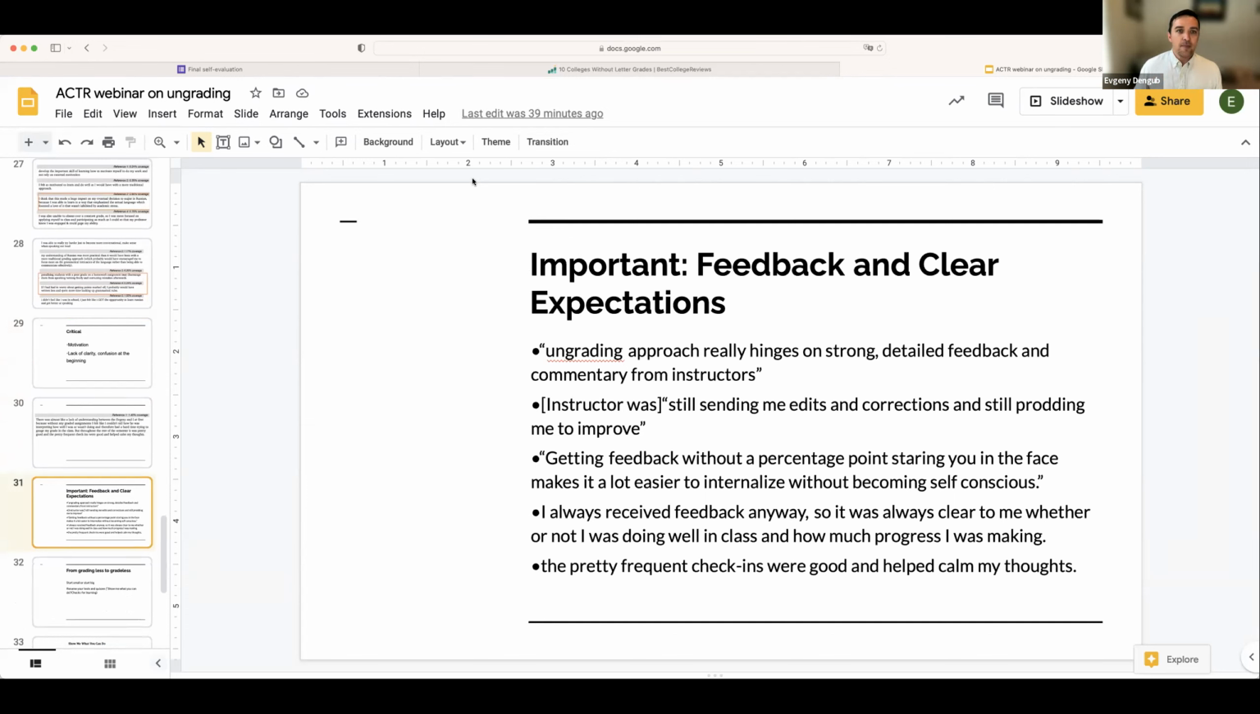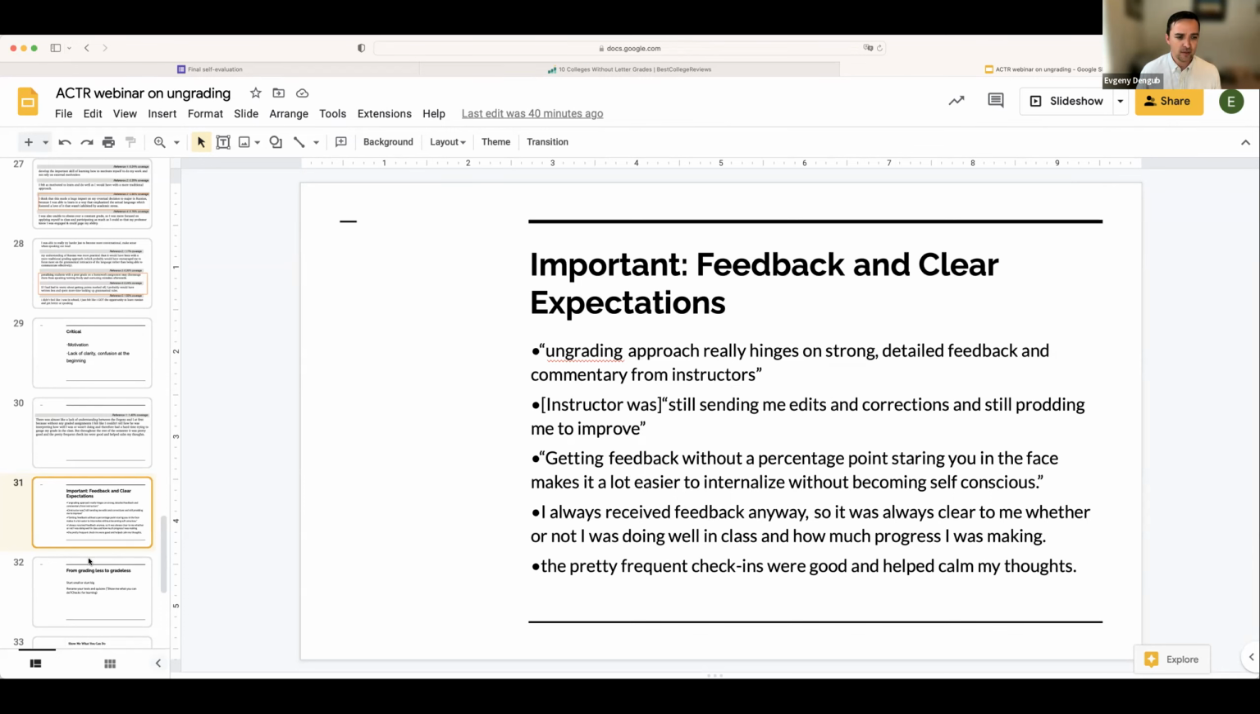So what's the feedback they gave me after those classes? Grading approach really hinges on strong, detailed feedback and commentary from instructor. Instructor was still sending me the edits and corrections and still prodding me to improve. Getting feedback without a percentage point staring you in the face makes it a little easier to internalize without becoming self-conscious. I always received feedback anyway, so it was always clear to me whether or not I was doing well in class and how much progress I was making. So the feedback is again a crucial